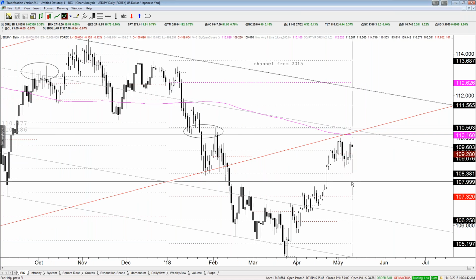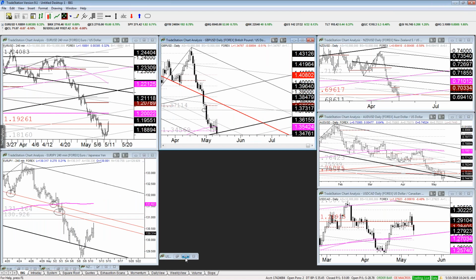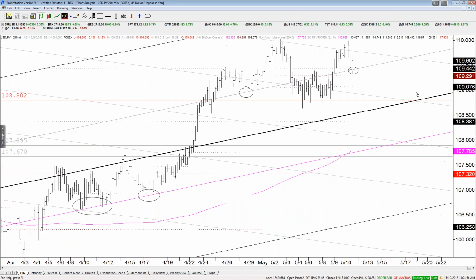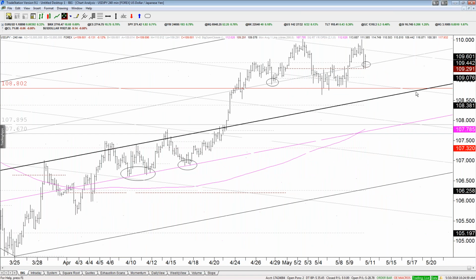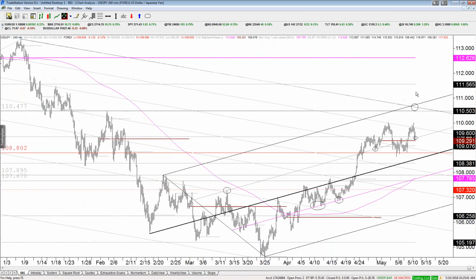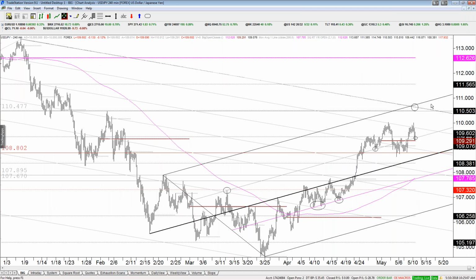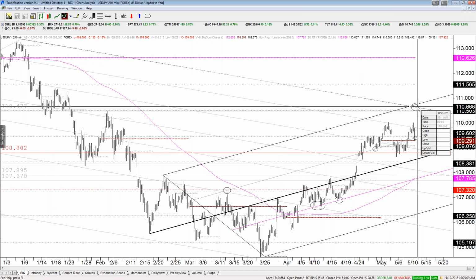Low today, we came down, actually hit the monthly open at 109.28. I had kind of labeled 109.44 as support because of the shorter term chart, which is right here, okay? This is the fork we're working with, and you can see here we've come off that level nicely, and we are thinking that if you can get up there over the next day or so, probably going to have a pretty good spot